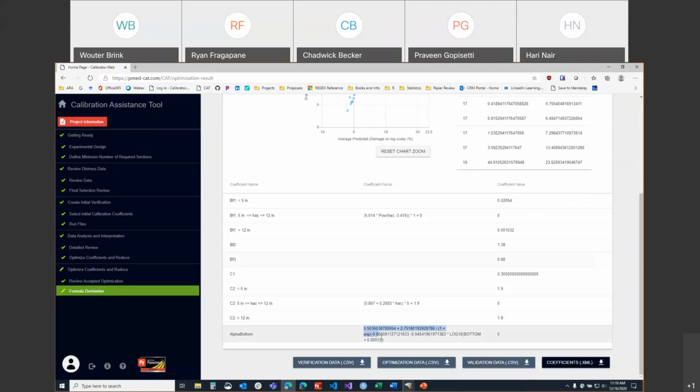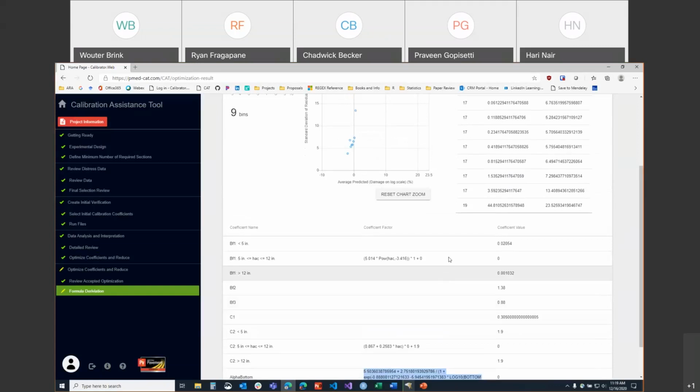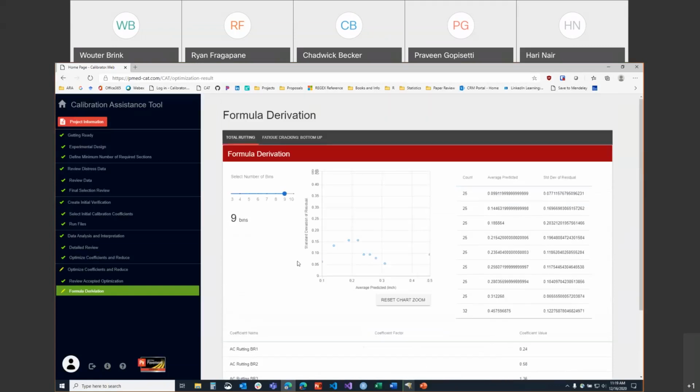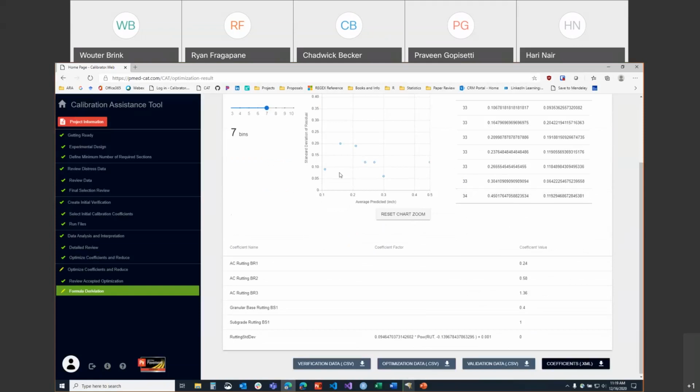So this will have an equation, and for rutting, it is a power function. But one thing I'd want to check, you always want to check the form of this. As you can see, the global model has a power function. And for this example here, we actually have a negative slope in your power model, which is, yes, the data and the fit optimized to that value, but